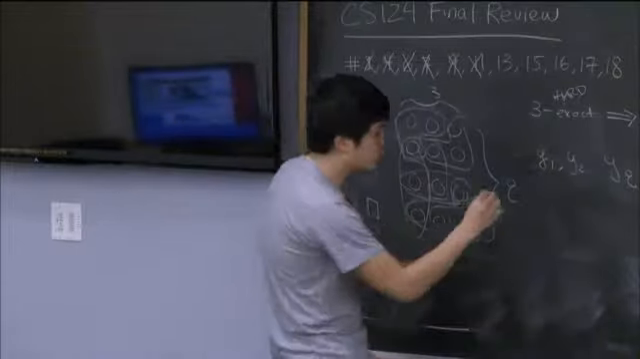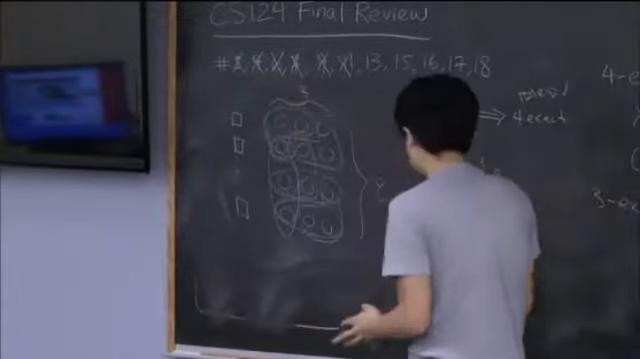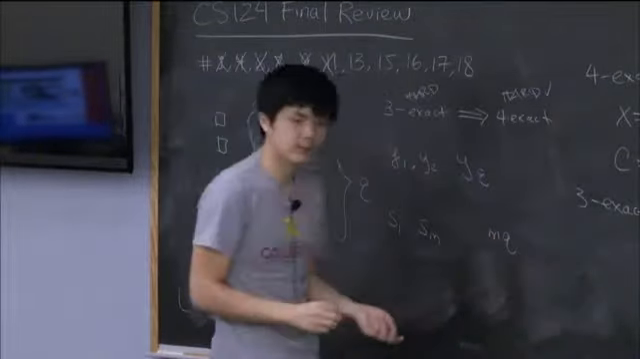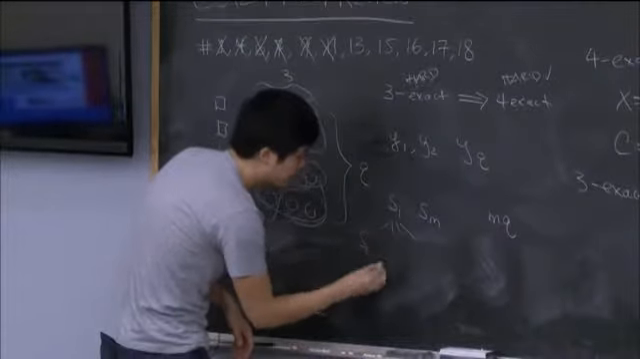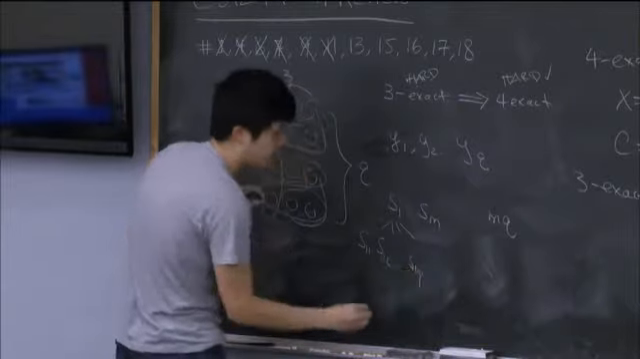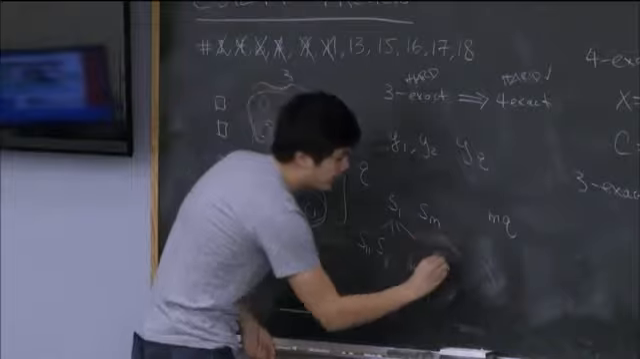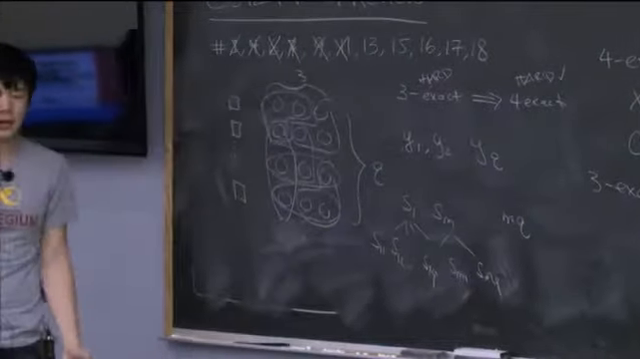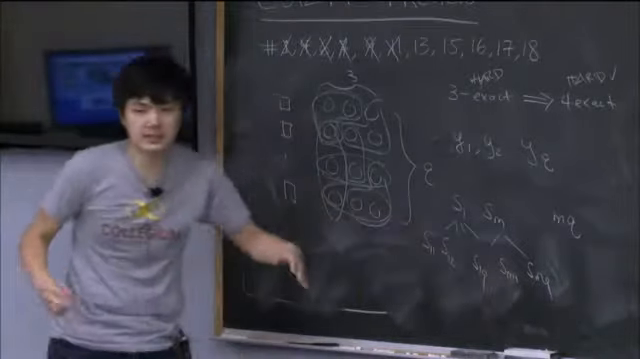Originally, maybe I had S1 through Sm. That's m sets, and now I will have mq sets. For each set S1, I'm going to create S11, S12, through S1q, and then S21, S22, through S2q, and Sm1 through Smq. And now the claim is that